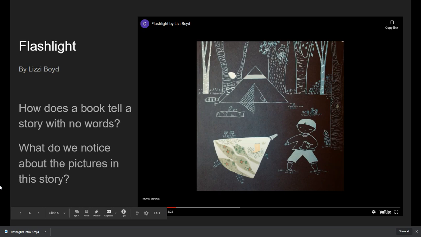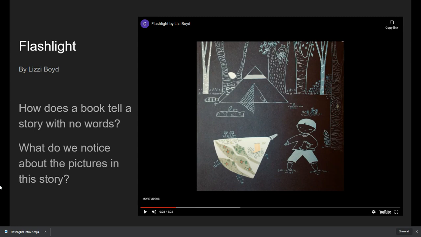Okay, friends. So I want us to look back at the story and talk about it a little more in depth and see if we can figure out what this story is about and why the artist chose to show the story this way. So, first of all, even though the story has no words, we can tell that this story is about a